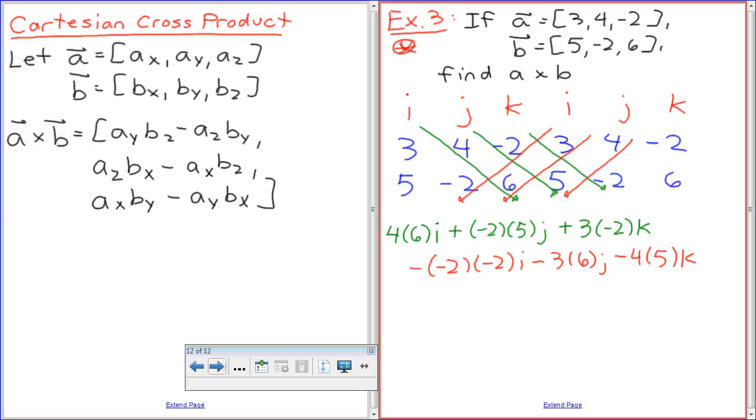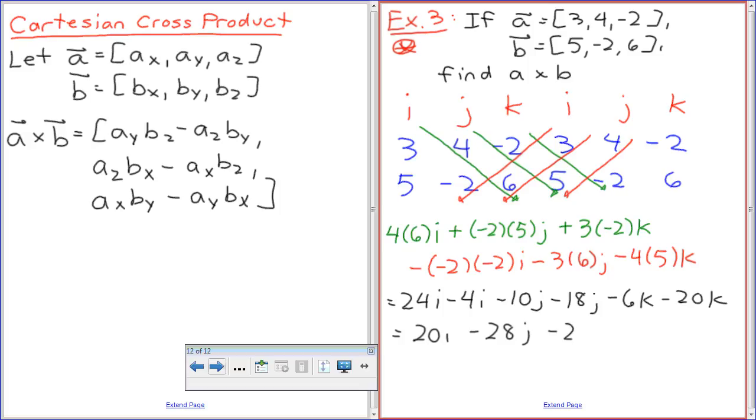You start on this side. On the red ones, start from the k and work to your left. And on this one you start from the i's and you work your way to the right. So to summarize what I did there, I got 24i minus 4i minus 10j minus 18j minus 6k minus 20k, which is equal to 20i, minus 28j minus 26k, which equals